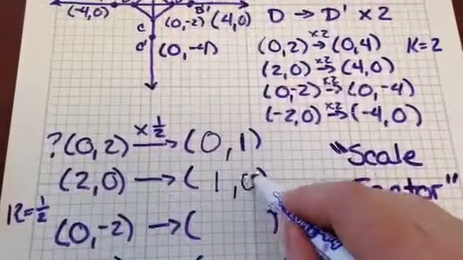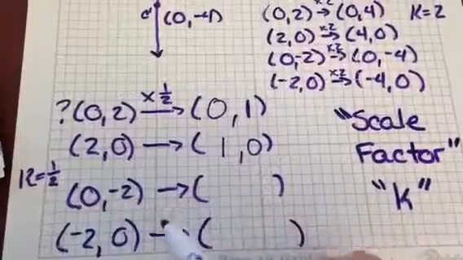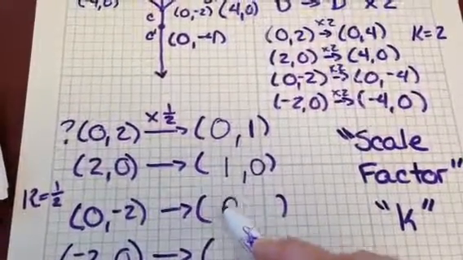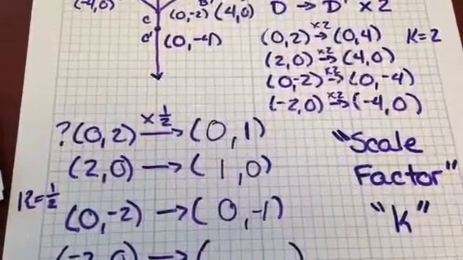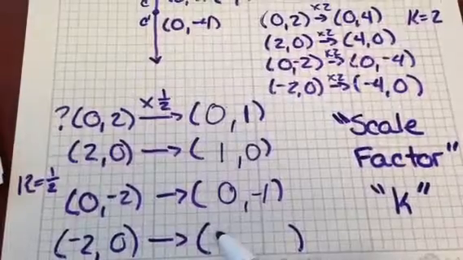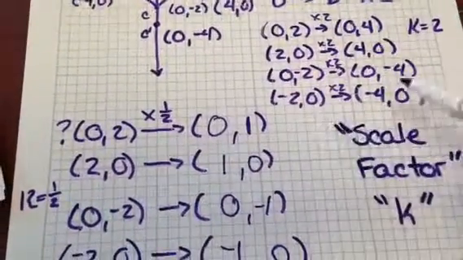That's right. Hopefully you said 1, 0. All right. And so if it is a scale factor of 1/2 for 0, -2, you're going to end up at 0, -1. And if you go -2, 0, you're going to end up at -1, 0. So looking at these,